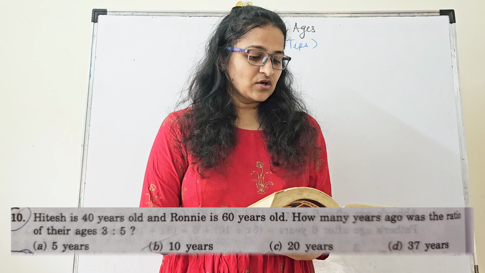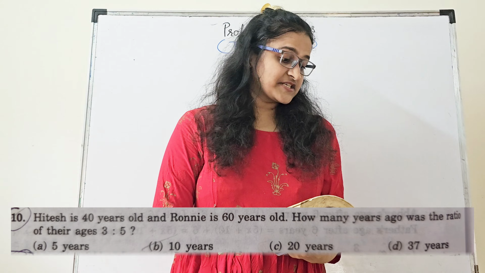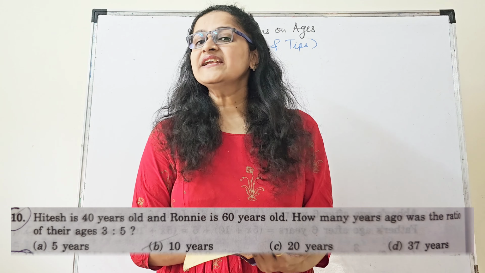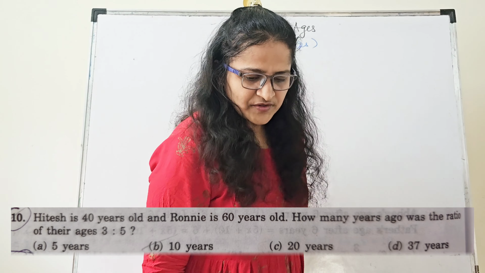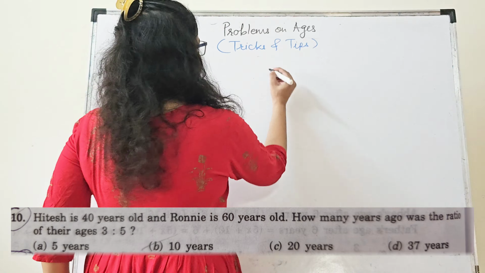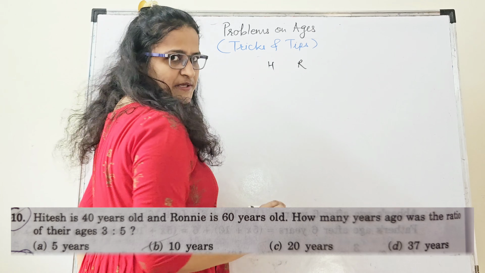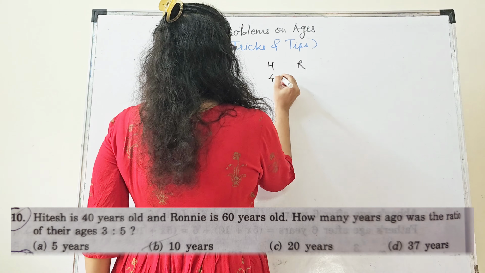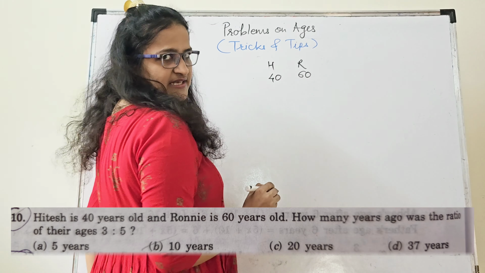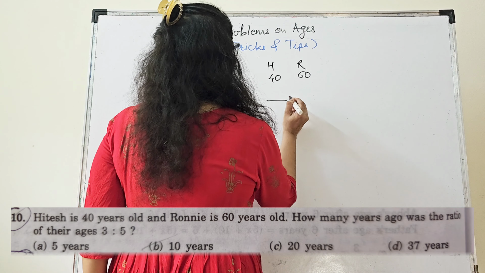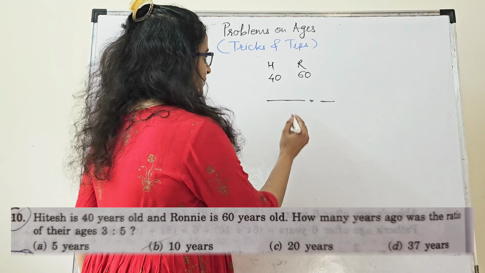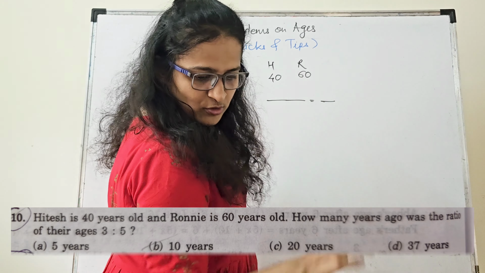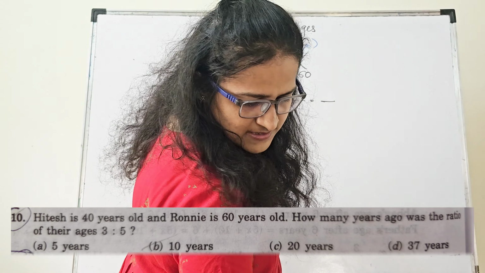How many years ago was the ratio of their ages 3:5? Very interesting yet super simple. You know the age of Hitesh and Ronnie. These are two people, correct? Their ages are 40 and 60. Yes. Now they are asking me how many years before the proportion of their ages was